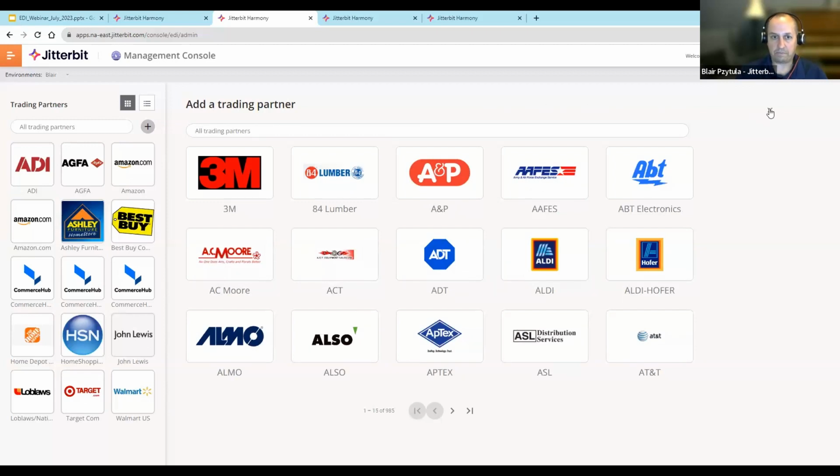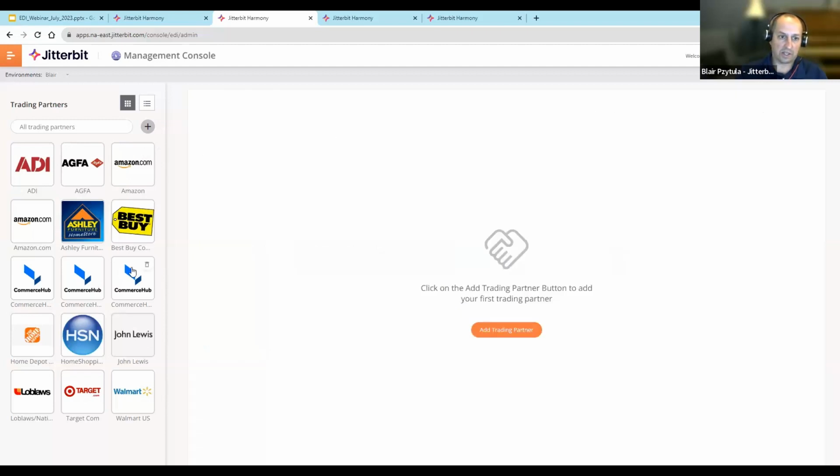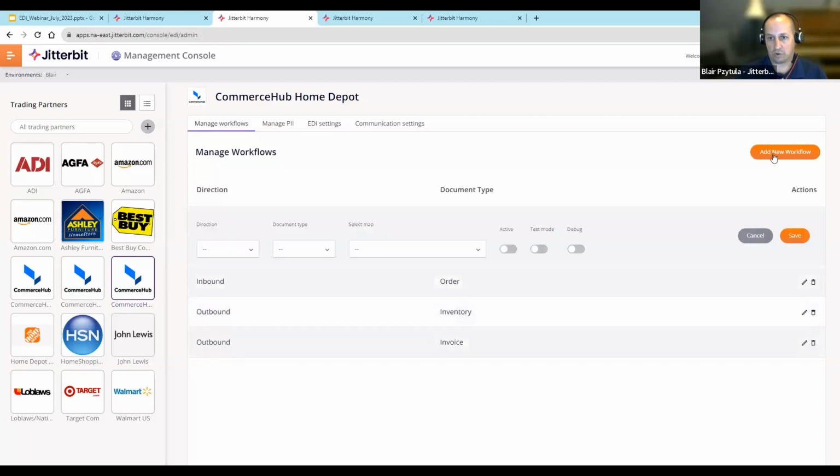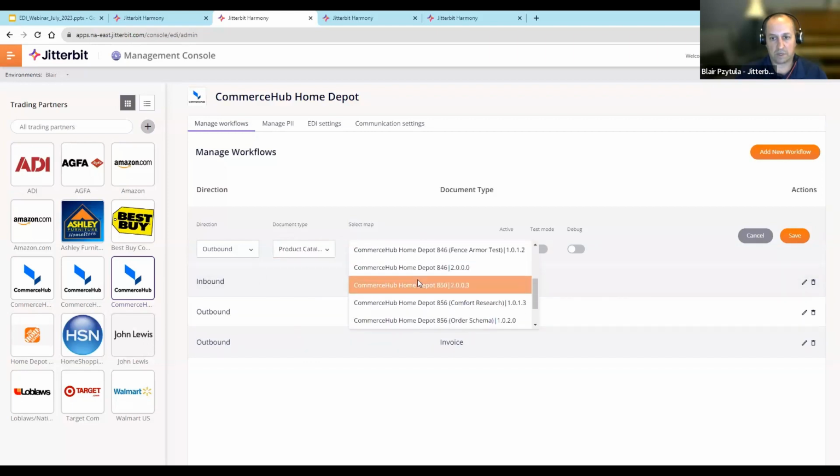Now, the actual configuration, like I said, is pretty straightforward. We've laid it out in a graphical sense to give you access and lay it out in a manner that you see not just the direction of the data, because inbound coming in from a trading partner, outbound comes from Cloud Studio, and then be able to add new workflows. So if a trading partner has 4 different documents, you would say, I want to do an outbound, let's say order acknowledgement. Sorry. Let's see, probably Power Catalog. And I would pick the appropriate map,